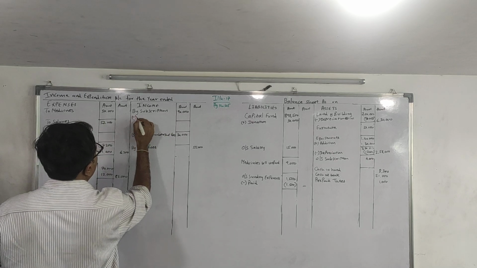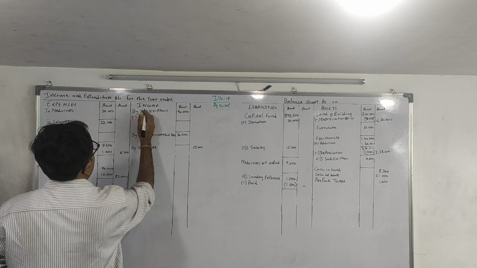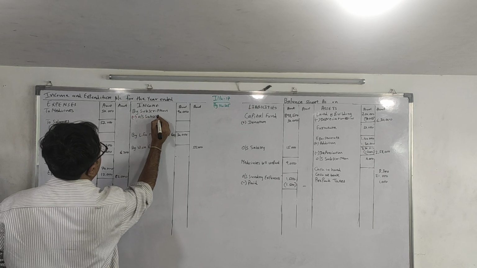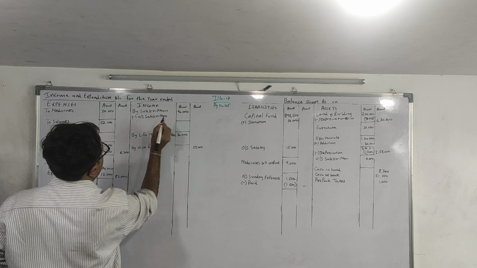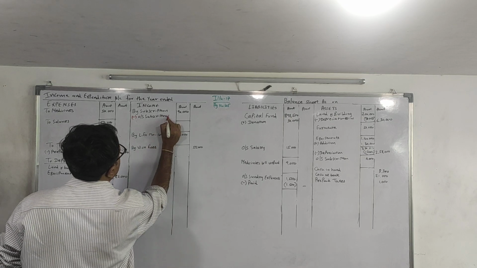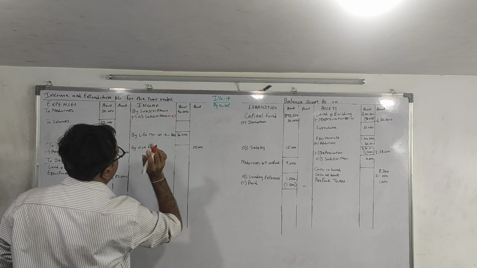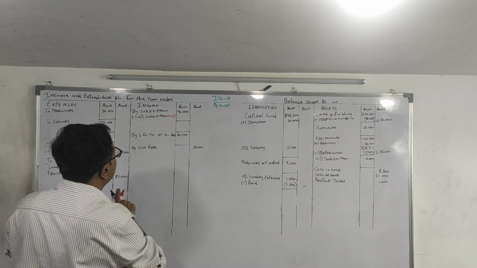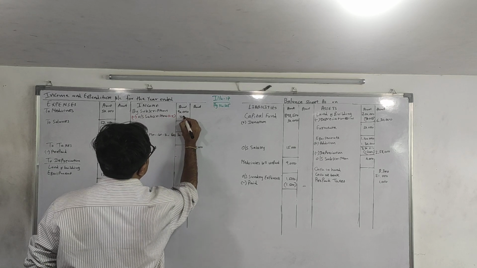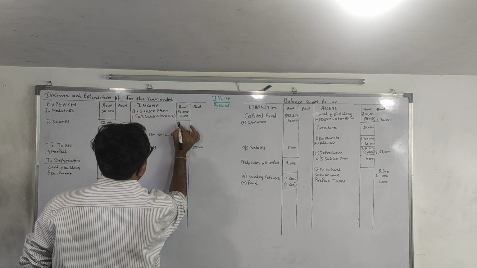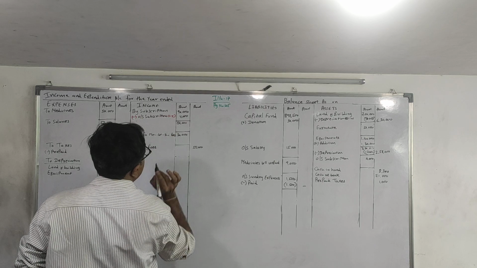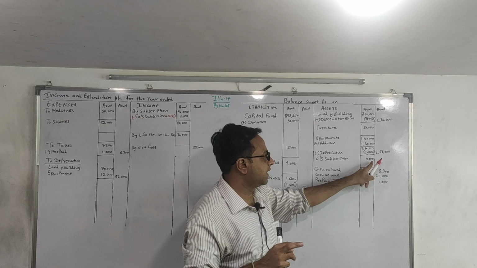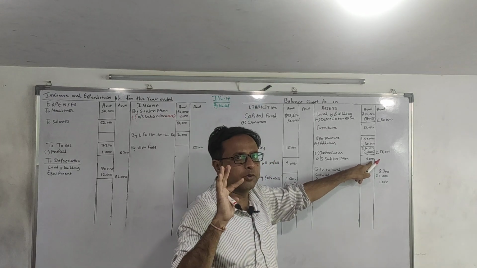One, first of all here, outstanding subscription. It is of last year. See, generally we add outstanding expense or income, but it is of last year, so we are reducing it. 86,000. And the second effect, you will put it in balance sheet asset, where you have already mentioned the 4,000 outstanding subscription.